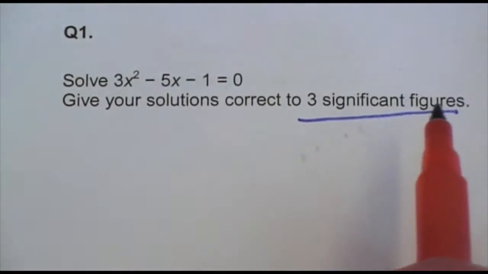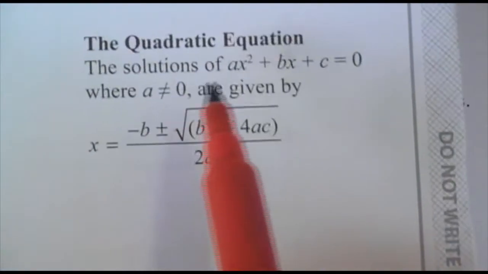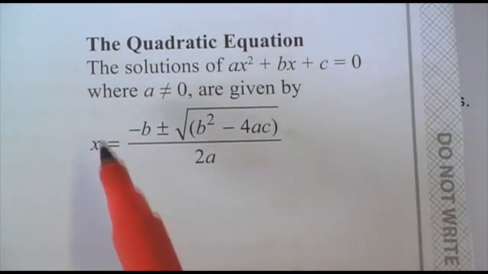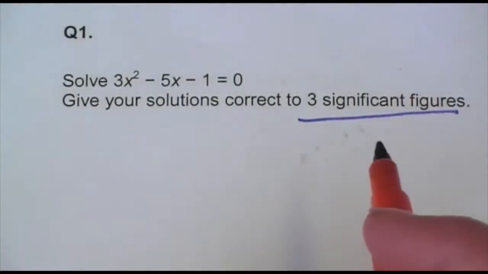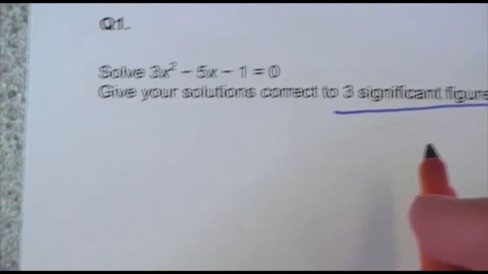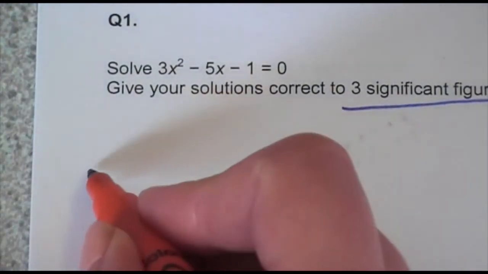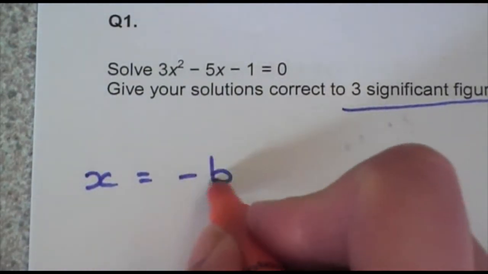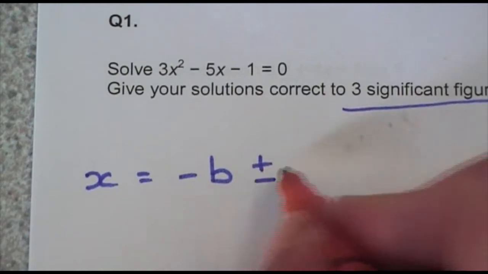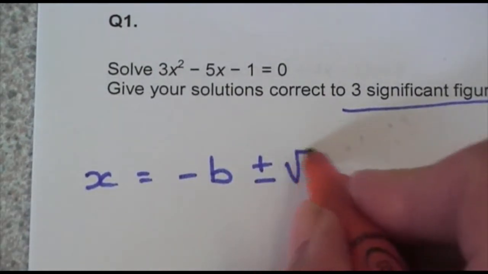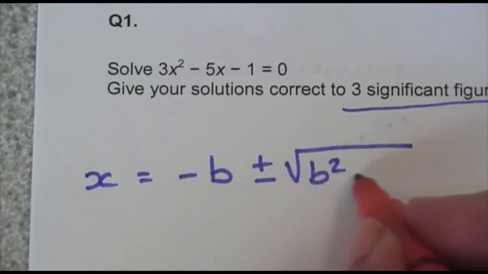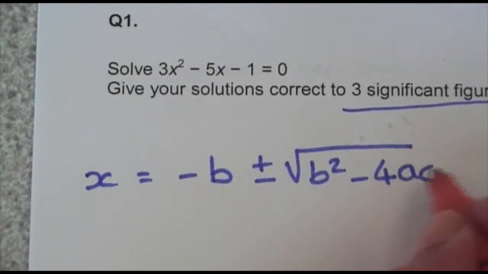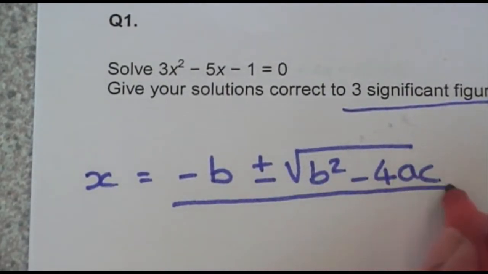So I turn to the formula sheet and I locate this section of the page. And the first thing I'm going to do is write down what the quadratic equation is. So that is x equals negative b plus or minus the square root of b squared minus 4ac, all divided